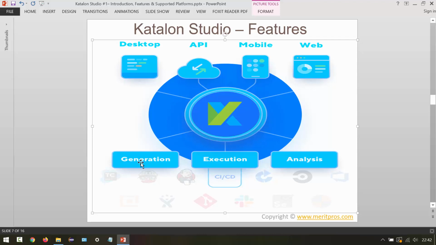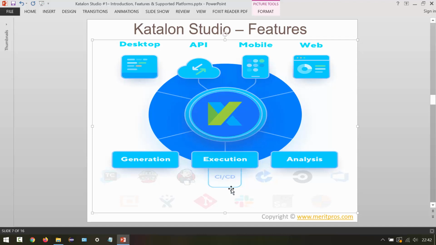Then you can do generation of test scripts, generation of automation, either record and playback or manual mode or scripting mode. You can generate your automation, you can generate your test scripts. Then you can do execution. There can be remote execution or local execution, or on a server you can do your execution of test scripts or automation. Then you get the analysis, that's like reports, then all the results you get that.